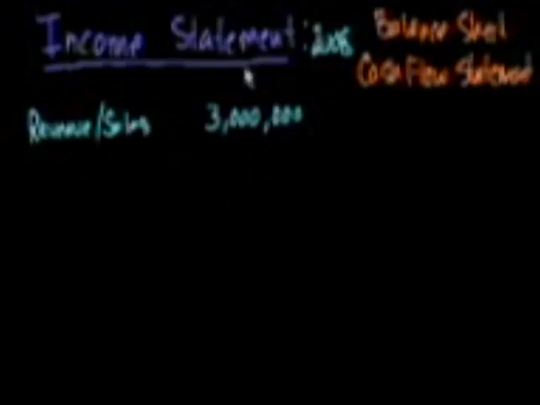So that's how much money they give us. But that's not how much income we made, because there was a lot of cost that went into making that widget that we have to account for. It's not like when someone gives me $3 million, I can just say, oh, I made $3 million, let me just put it all in the bank, I'm done, that was all income. So the first thing that you tend to see on an income statement is the cost of those actual widgets,